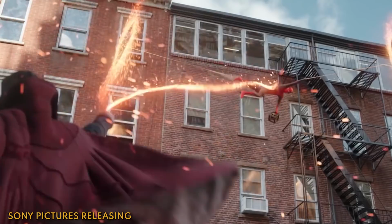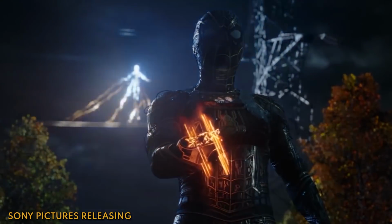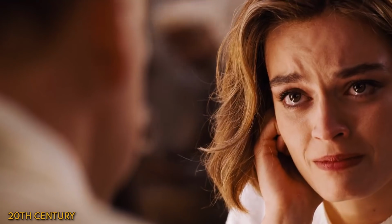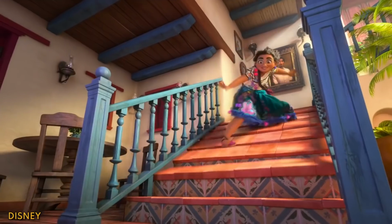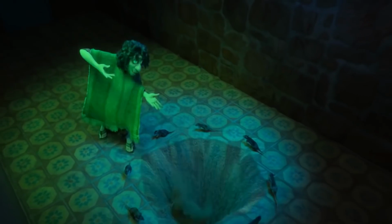The easy answer would be COVID, but Spider-Man No Way Home has proven to be a box office juggernaut, and even titles like Death on the Nile are making it onto the big screen. The larger picture seems to be merchandising. When Encanto premiered in theaters, it did pretty well, but when it went on to streaming, well, I'm sure everybody has heard We Don't Talk About Bruno